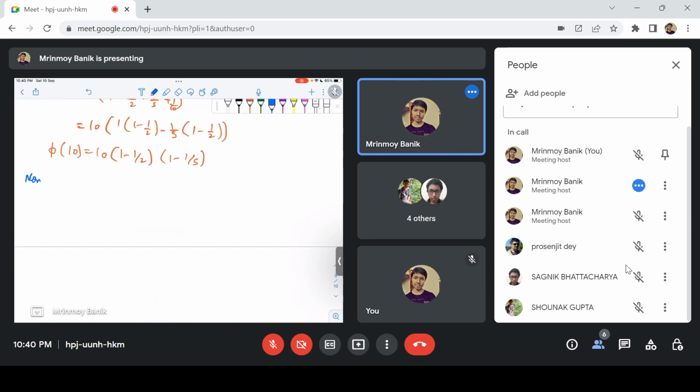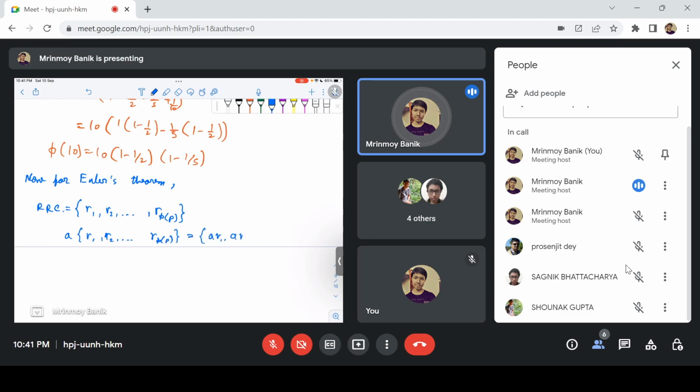Now for Euler's theorem, we know this set R1, R2 up till R5P is the reduced residue class of P. And now, as in the previous problem, we multiply this with A. We get AR1, AR2, up to AR5P, and then argue similarly that